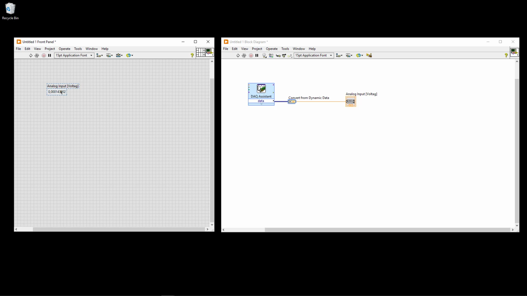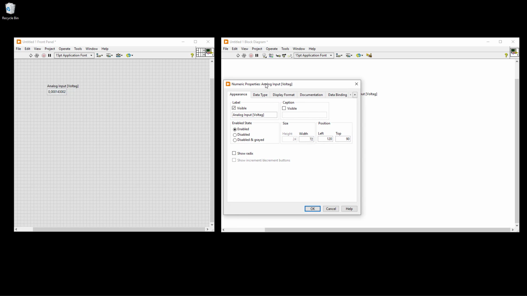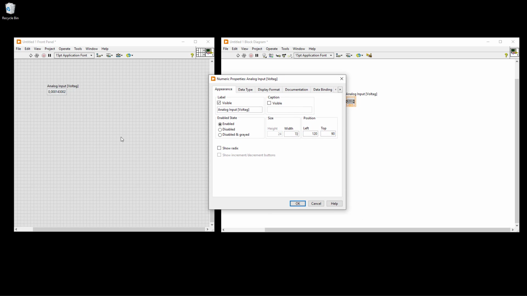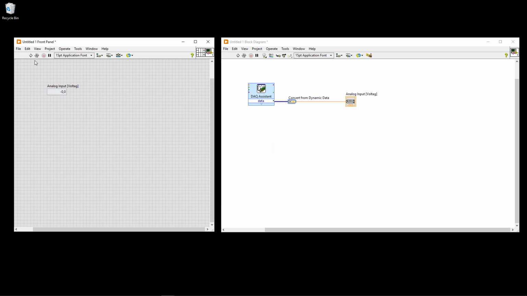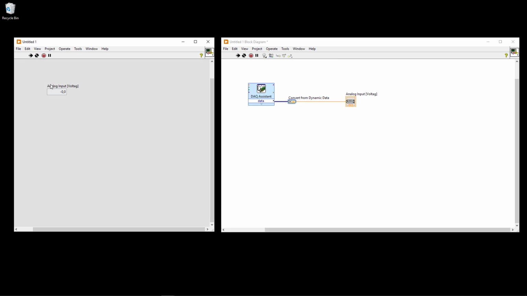You should also set a proper number of decimals. Then I can just right click on this one, select properties, and then these properties for the numeric indicator will pop up, and here you have display format. Here I can select digits of precision. I can remove, hide trailing zeros. I can select the proper number of decimals. So I can select 1 decimal like this, and when I run my application now, I will get a proper